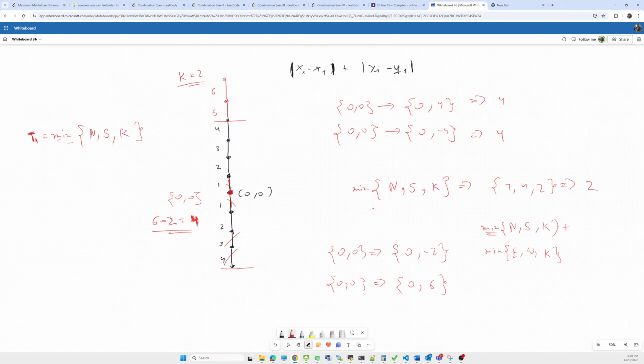6 minus 2. So how can we achieve it? The minimum amount will be this t1, so we have to update. How can we update the maximum distance in this direction? By taking the difference xi minus xj, plus t1 times 2. Why do we multiply t1 by 2?